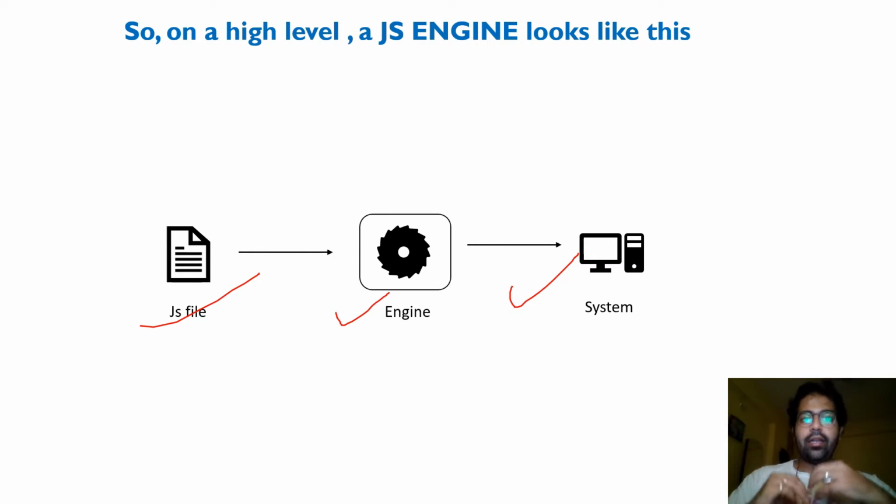Now let us look at it in a little more depth. Now that we have an overview of what a JS engine looks like, let us understand a detailed view of the architecture of a JS engine. It's important to know that each and every browser has its own implementation of a JS engine. So the SpiderMonkey JS engine of Mozilla Firefox would be different from the V8 engine of Chrome, right? But the baseline architecture of both JS engines remains the same, as it is accepted by the ECMAScript community, right?